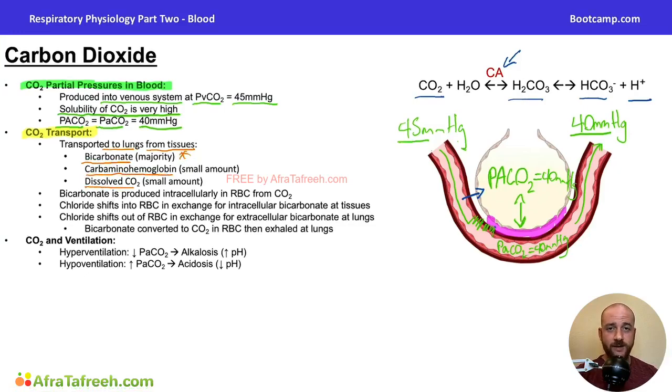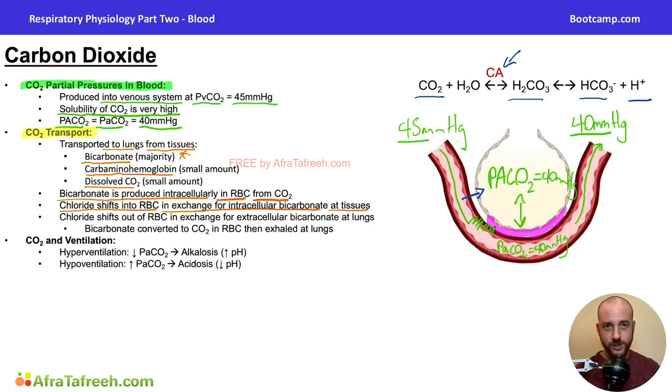Next, remember that we said at the level of the tissues where CO2 is being produced and diffusing into the red blood cell, within the red blood cell, through the actions of carbonic anhydrase, we had CO2 conversion into bicarbonate. And so bicarbonate is produced intracellularly inside the red blood cell from CO2 that's coming from the body cells. And now that we have all that bicarbonate produced in the red blood cell, it's going to exchange with chloride, and chloride is going to shift into the red blood cell and cause cellular swelling. And so chloride shifts into the red blood cell in exchange for intracellular bicarbonate,